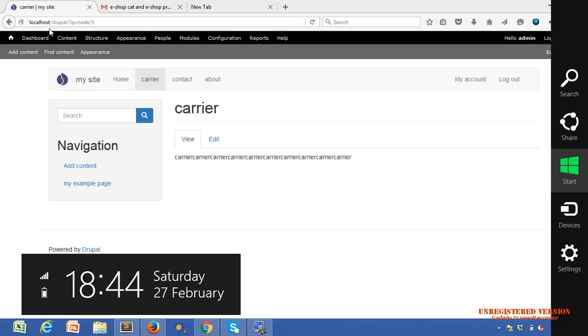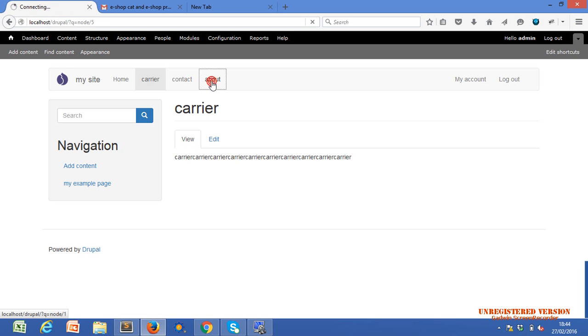Right now we have the URL. Whenever you move to any other page, we have a URL like drupal, which is our project name, whatever our main domain name is, and then question mark q equals node slash one. This URL is not search engine friendly. Why do we need a search engine friendly URL? Because our site should be search engine optimized.